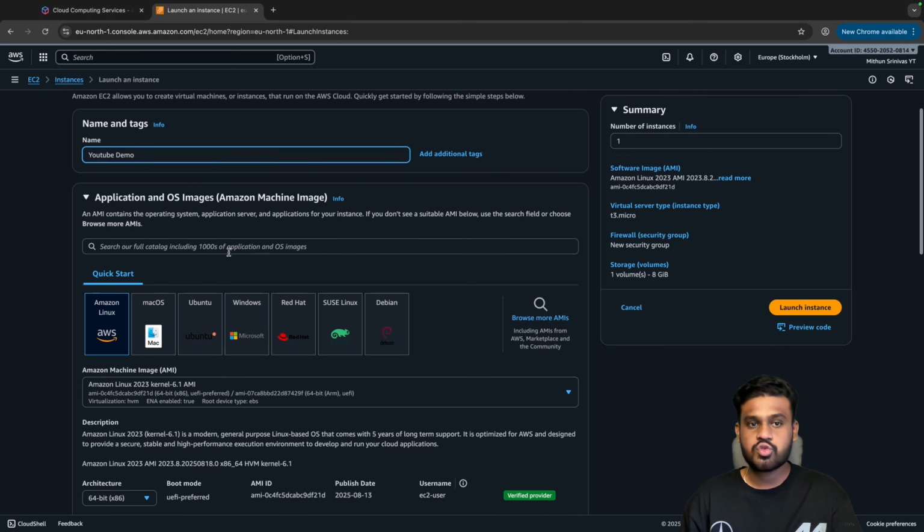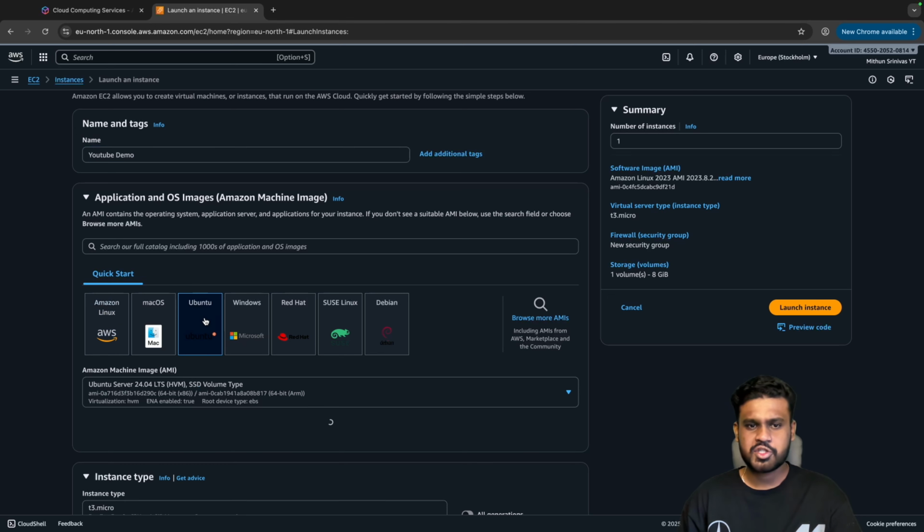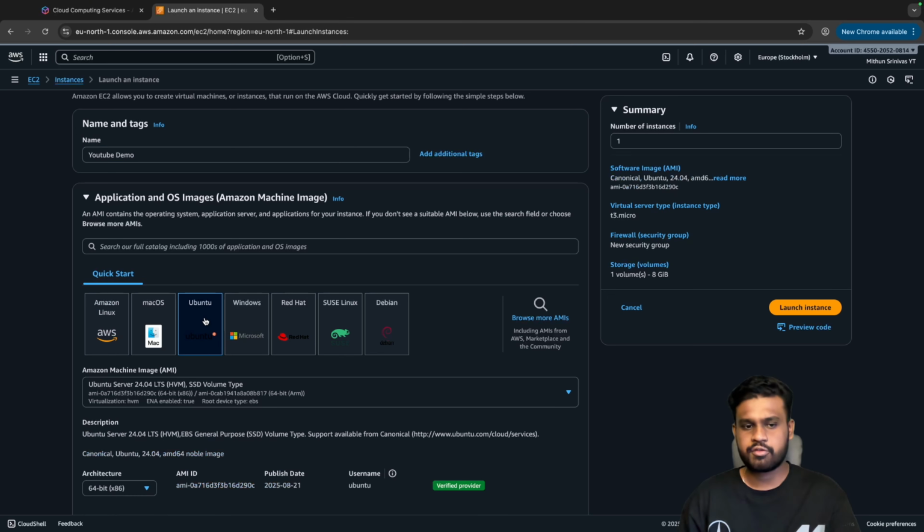Again, you can choose the operating system as well. You have Amazon Linux, macOS, Ubuntu, Windows, Red Hat. I have seen many companies that don't buy machines for their employees; they will give some Windows machine as well, and that's also a very good thing. But I told you, our aim is that every developer should be comfortable with Linux, and going further, we will be using Linux a lot. So let's choose an Ubuntu machine, which is a flavor of Linux.